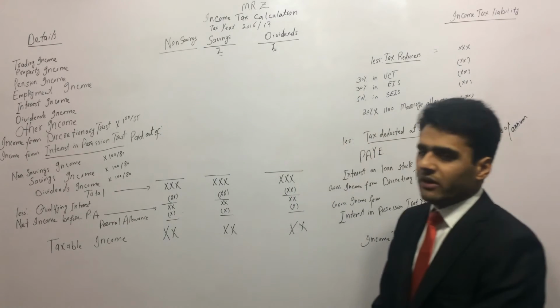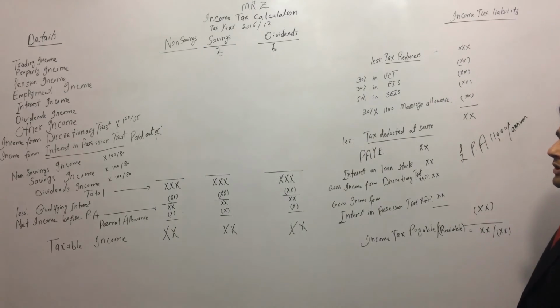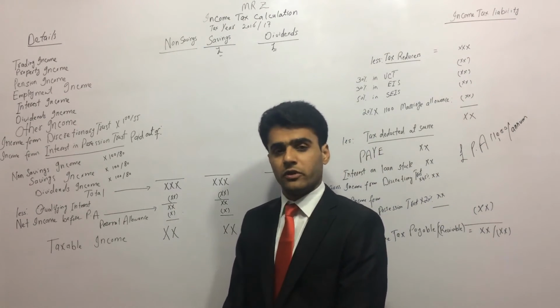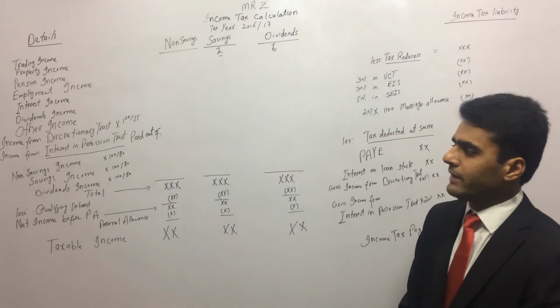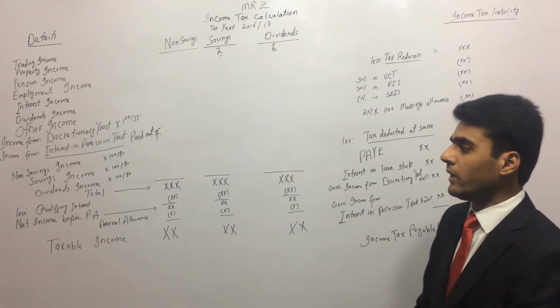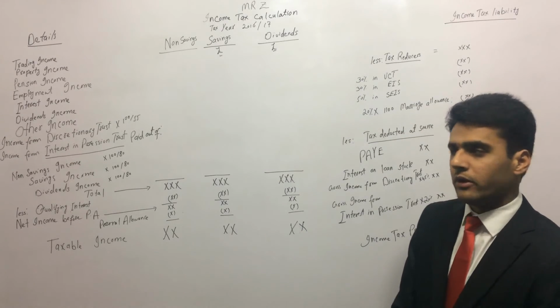Then he's got some other income. I don't know what it was, but he said, I have got some other income as well. I didn't ask him which source of income he has. So you might well have other income in the question. So you will have to put that in the other income column.